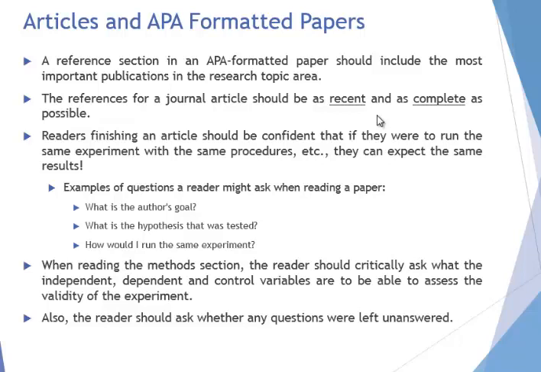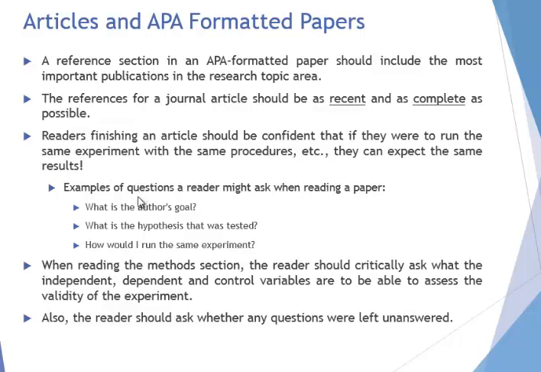Obviously, if you cite everything that was 40 years old, the implication is that things might have changed between now and then, and who says that what you say is still valid? Readers finishing an article should be confident that if they were to run the same experimental procedures, they can expect the same results. That's really the hallmark of a good experiment. A good experiment has to be reproducible. When an experiment is reproducible, that means that somebody else could take the same materials. What you're really doing is saying, if you take the same materials and you do the same exact method as I do, the method should be clear, then you can reproduce